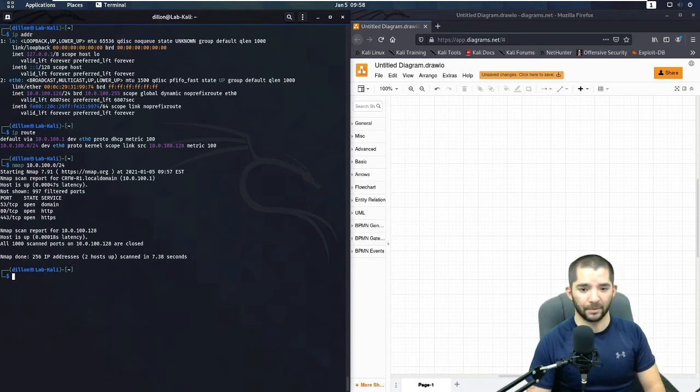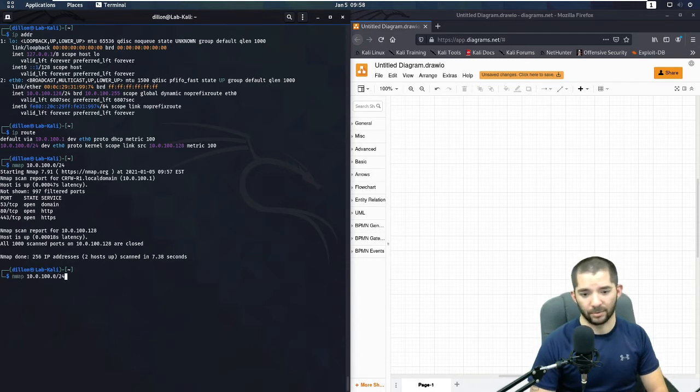So we know we have the gateway, we have all these ports running on it, and then we have another one, 100.128, and we don't know exactly what that is, because all the well-known common ports are filtered out, or closed rather. So now I'm going to say, okay, let's go take a deeper look at that. I'm going to do a -A,